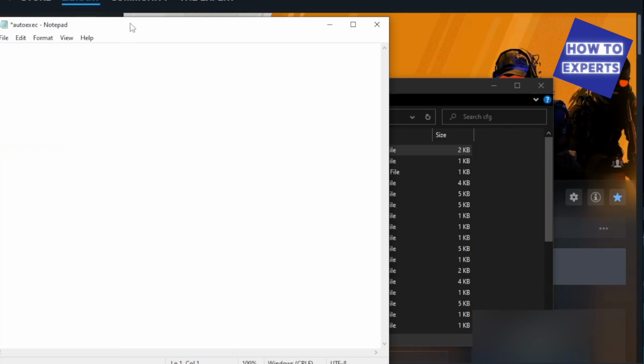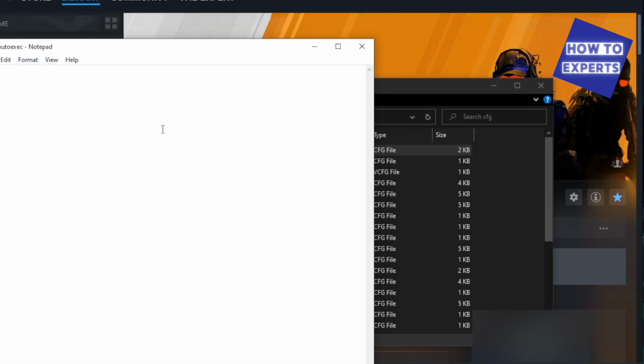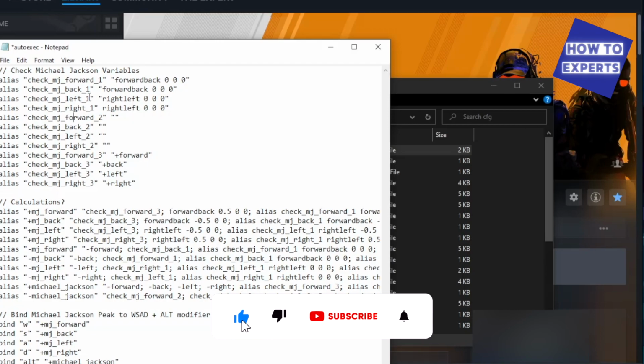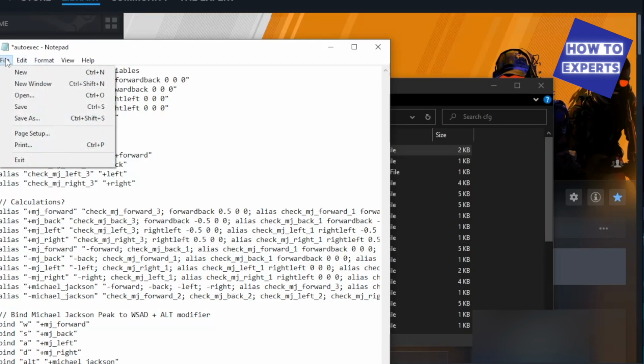Following this, open the autoexec.cfg file with a text editor and paste the Michael Jackson peek bind, which you will find in the description. After you've inserted the Michael Jackson peek binding commands into the autoexec.cfg, be sure to save your changes and then